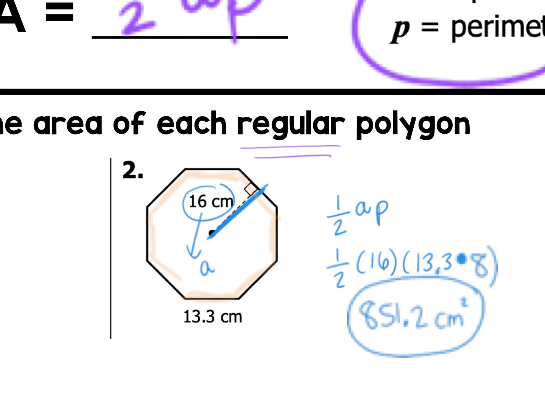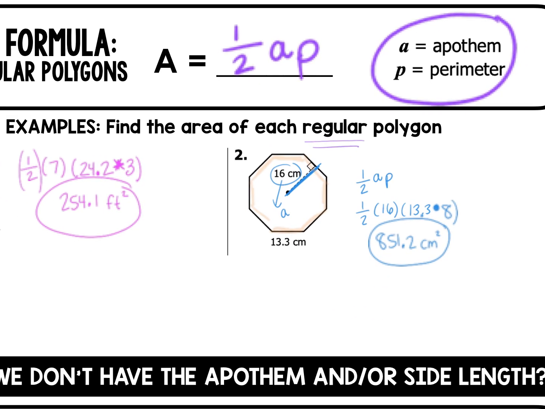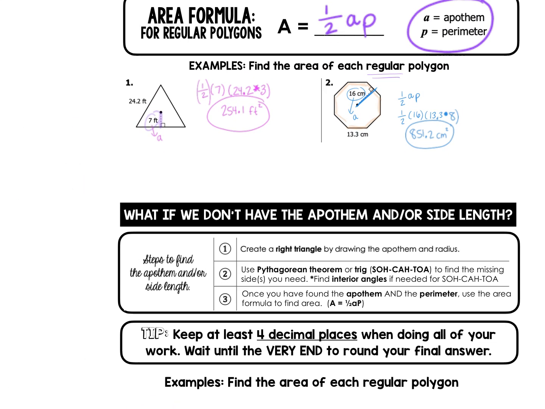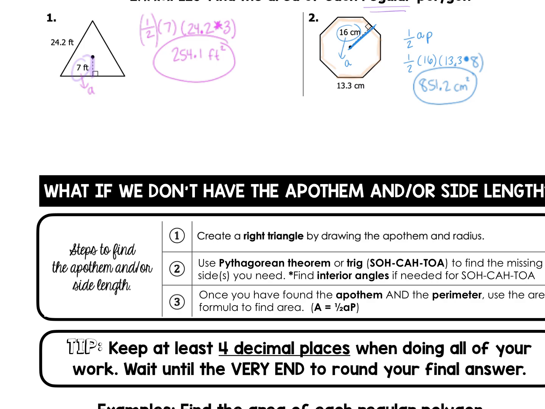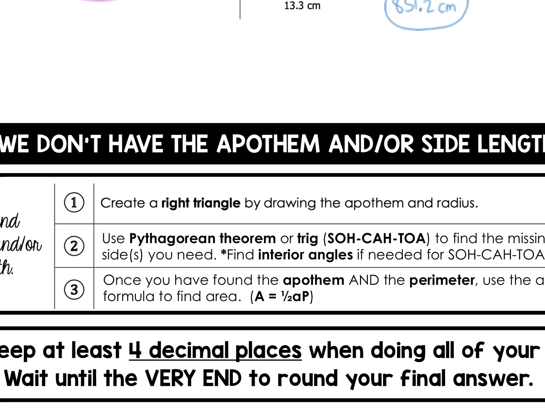So that is that answer. Now, normally we don't have all of the information we need. So this next page is talking about how to deal with that when you don't have everything you need. To find the apothem and/or the side length, you want to create a right triangle by drawing the